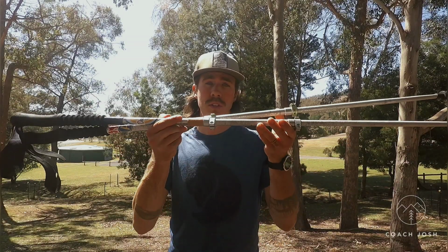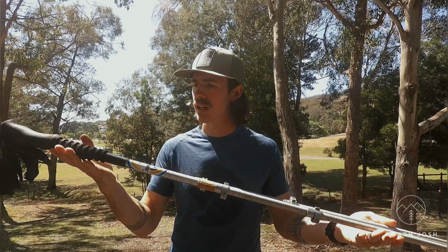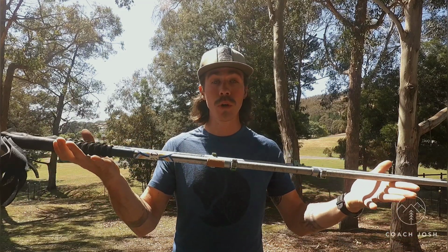Hi, I'm Coach Josh, and today I want to talk a little bit about trekking poles. So these are a pair of Compardel TI7 contours. They've been all over the world with me: Alaska, Canada, Nepal, and I use them for work as a wilderness